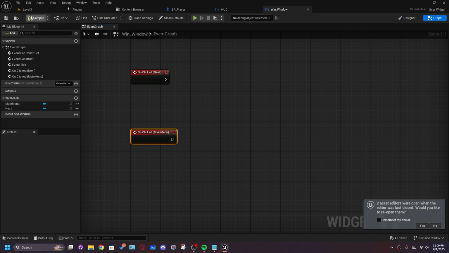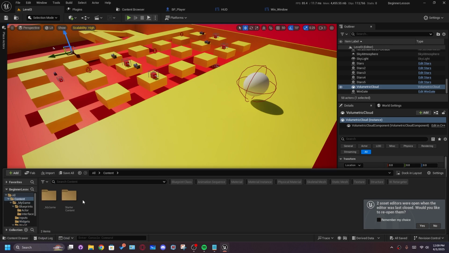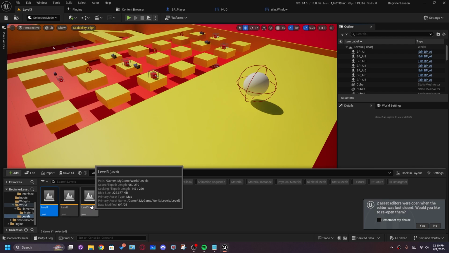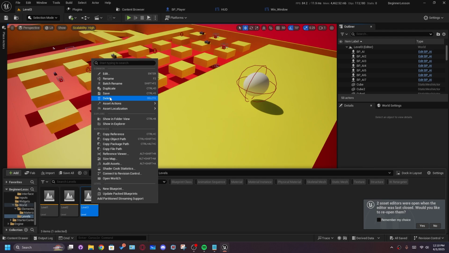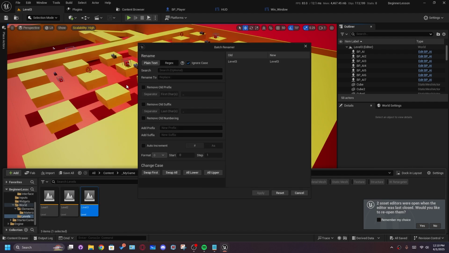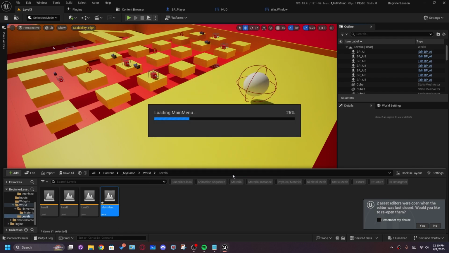Now before we start doing that, we need to create a main menu level. So go to the content, my game, world levels, like this, and let's duplicate level 3, and we're going to call this one main menu. Open up main menu, save selected,